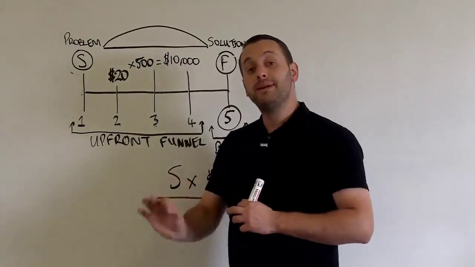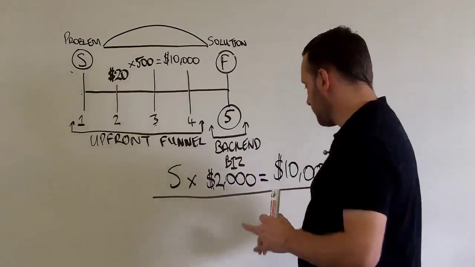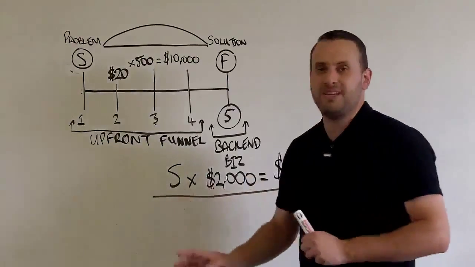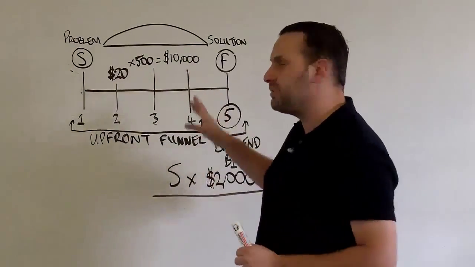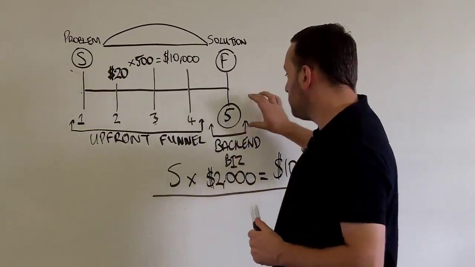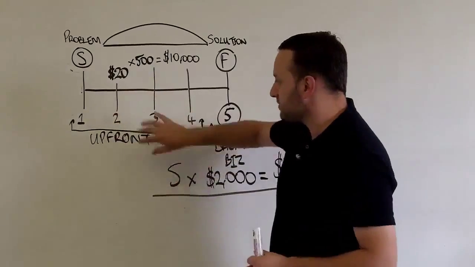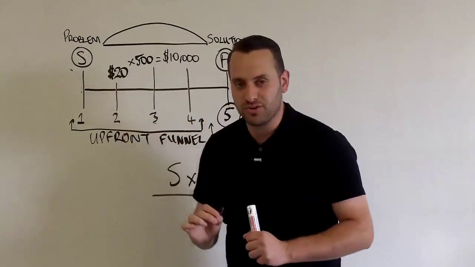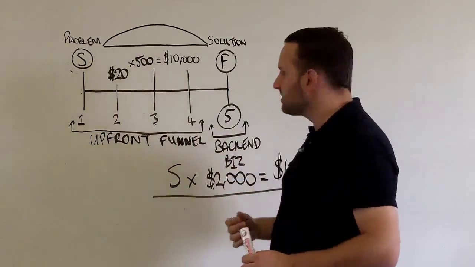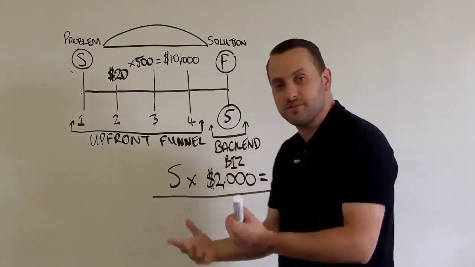Now, a rookie mistake would be to think, well, it's easier to sell a $20 product than it is to sell a $2,000 product. But the truth is, if you give the right people the right offer, there's really no difference. Okay, there's really no difference. And by the time people get to the back end of your business here, because of what you've done here, and because of what's involved in the value trip, which is a very specific thing that we do as part of this system that you can go on to learn, selling in the back end of your business becomes easy.